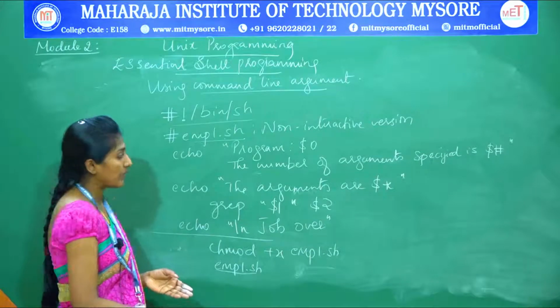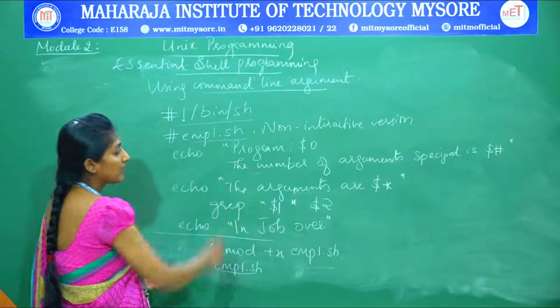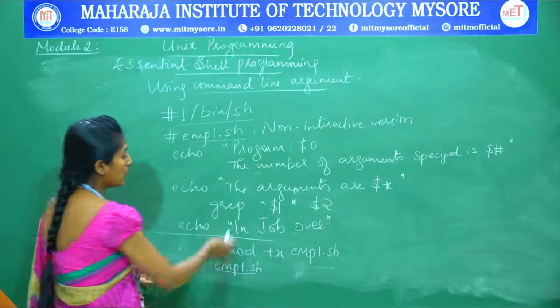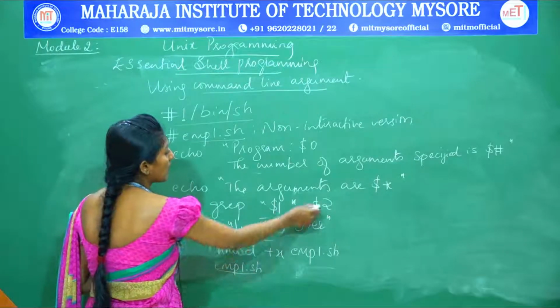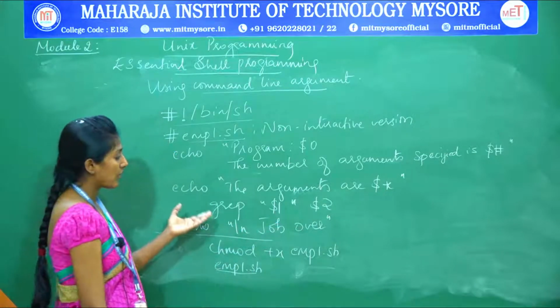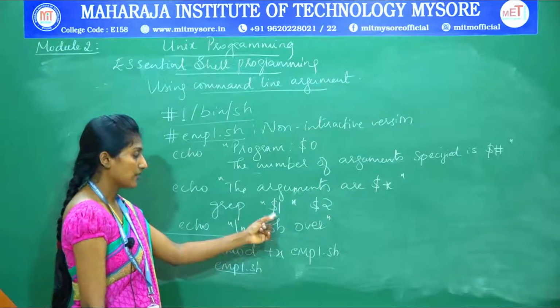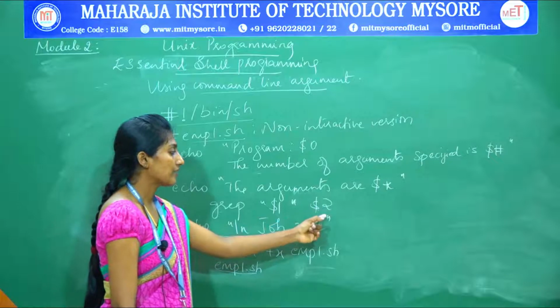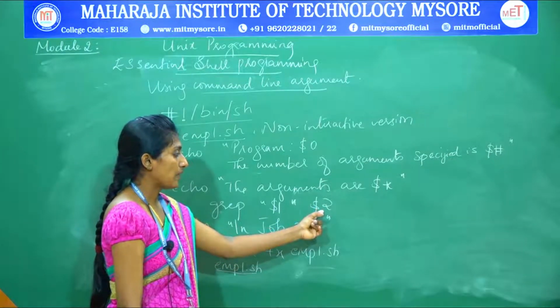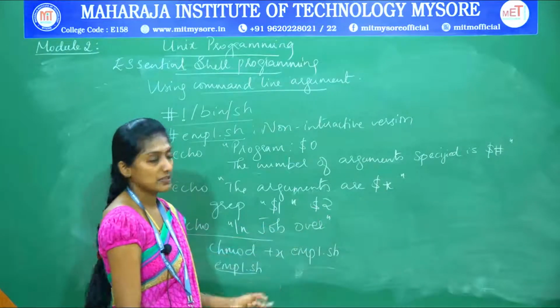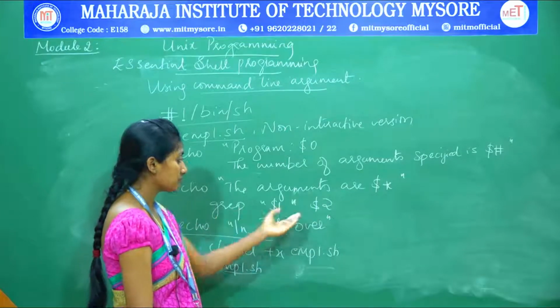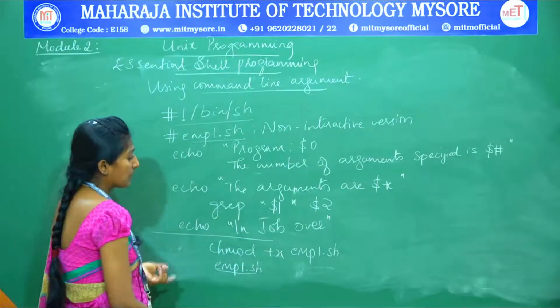Since I have to provide the input, because here I have not used any read command for providing the input, here I have used the grep command with $1, $2. So what is this? I am trying to search for a pattern which is stored in the $1 positional parameter, from the file whose name is stored in the $2 positional parameter. So how do I read that? That can be done.